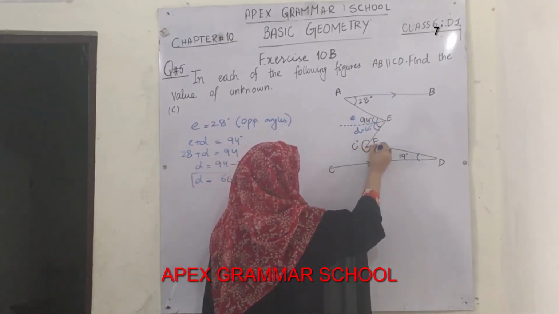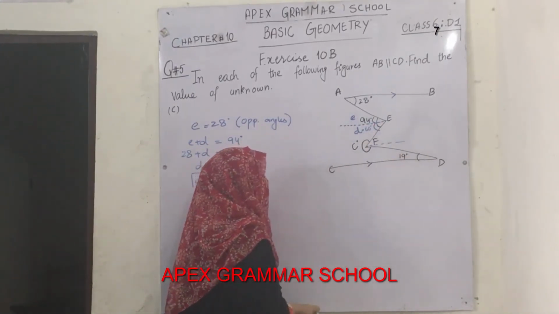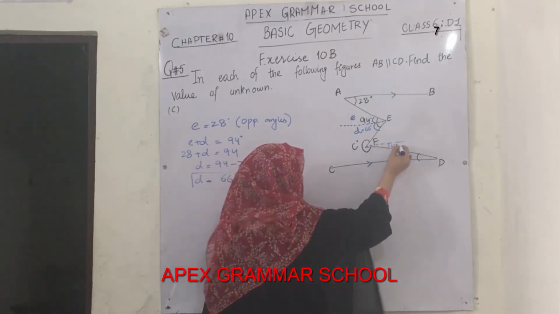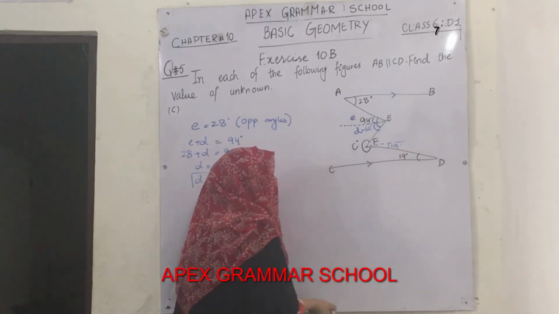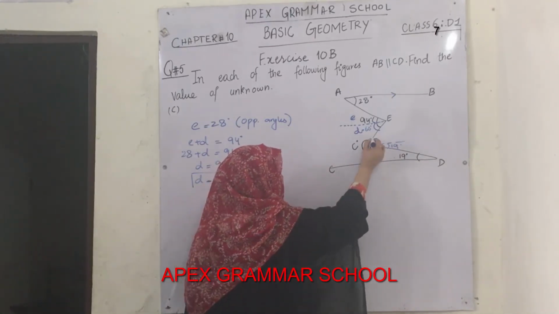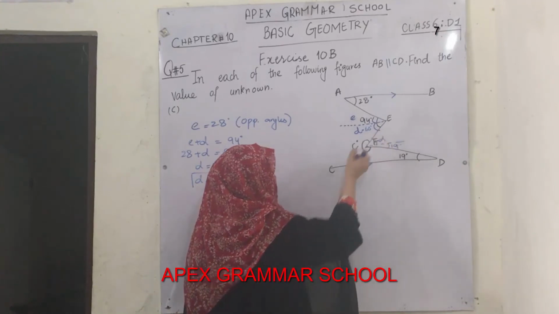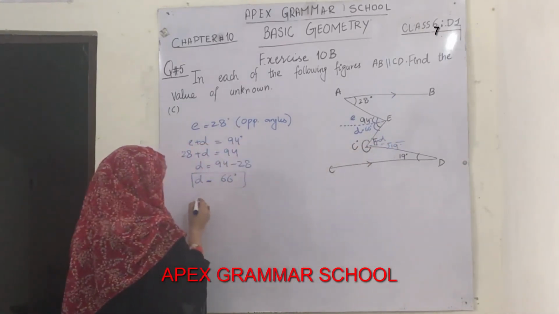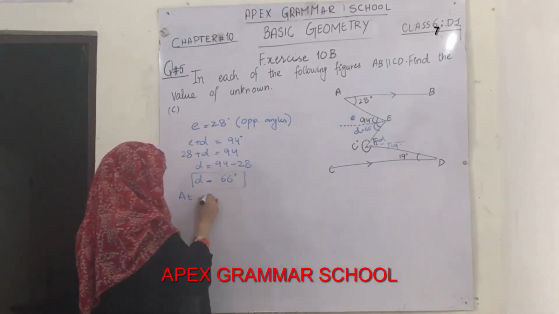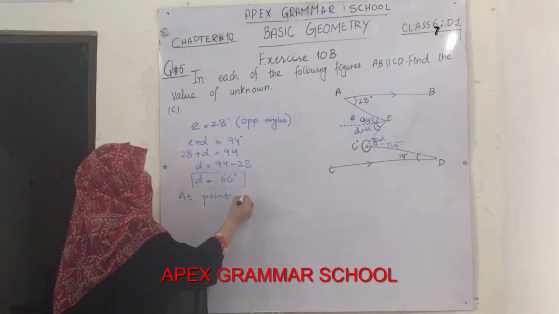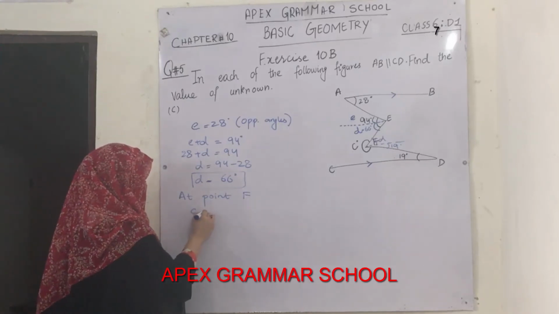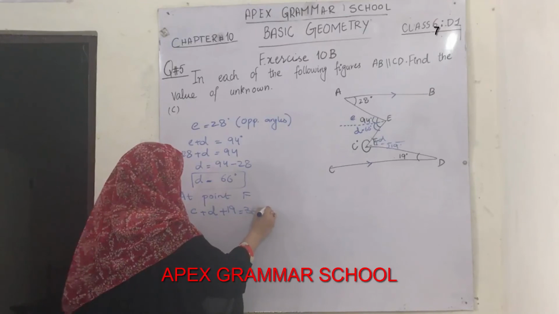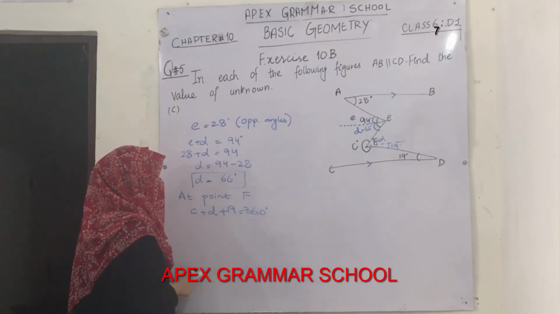At point F, I am going to split this complete angle into two halves. If the lower angle is 19, this angle will also be 19 because they would be opposite angles, and the upper one will be D because these are two opposite angles. So this makes a complete whole circle, which means at point F, C plus D plus 19 is equal to 360 degrees. And the note you will write over here is